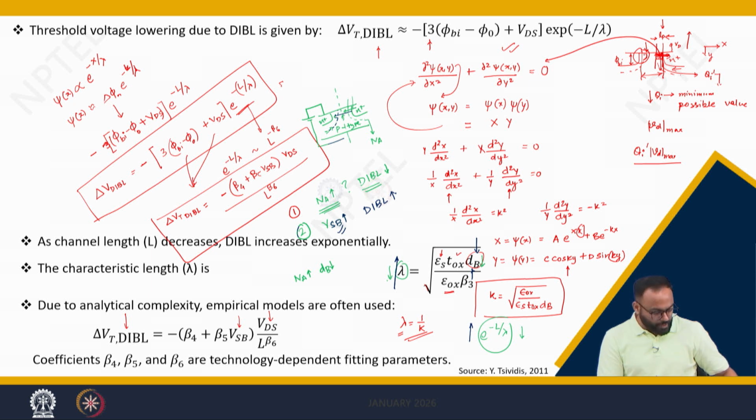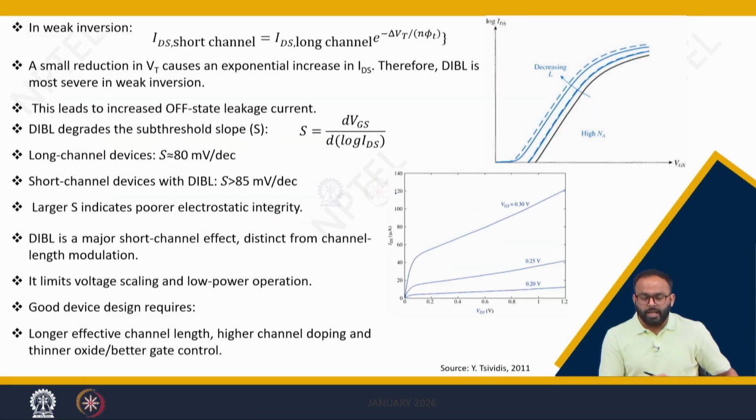So, let us move further and see how this DIBL, or the change in the threshold voltage, affects the characteristic. In the previous analysis, when we were discussing charge sharing, we said that the threshold voltage is getting affected because of charge sharing, but that the impact of charge sharing is only to shift the current characteristic in the x axis, which is VGS, meaning if we plot a current characteristic Ids versus VGS,